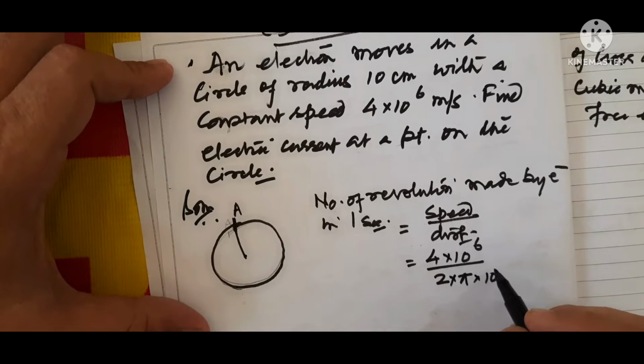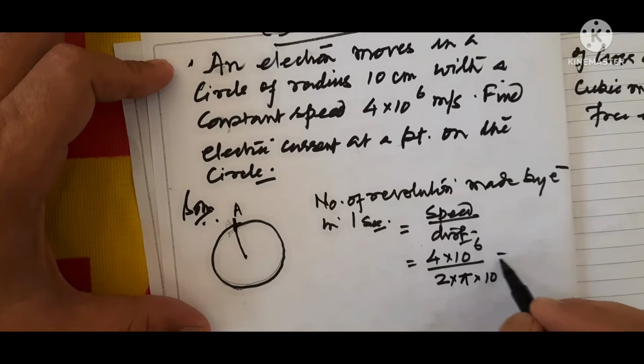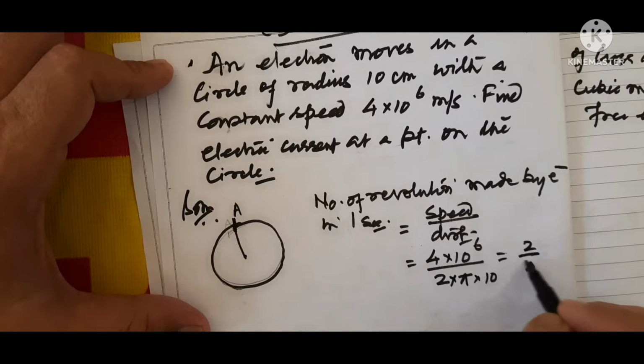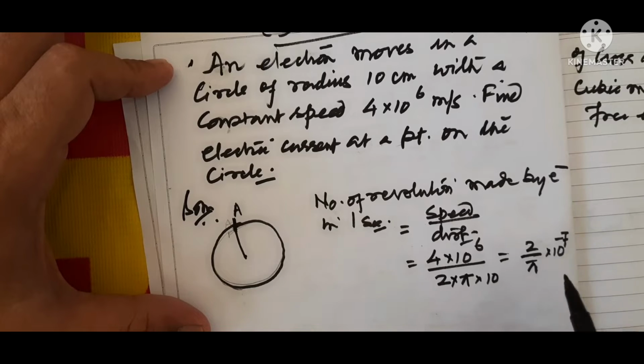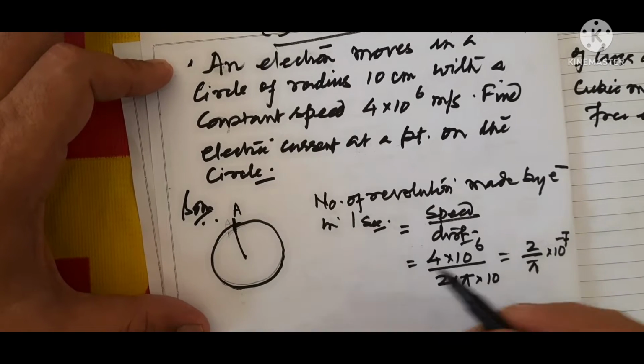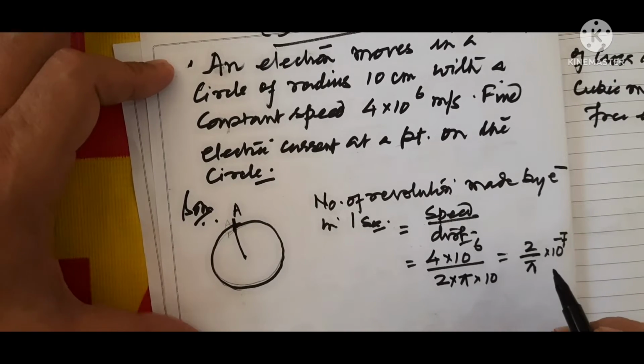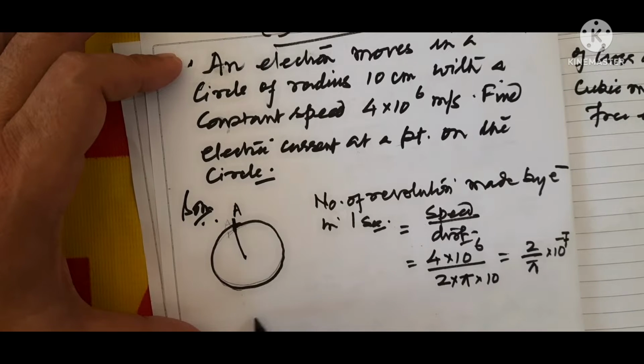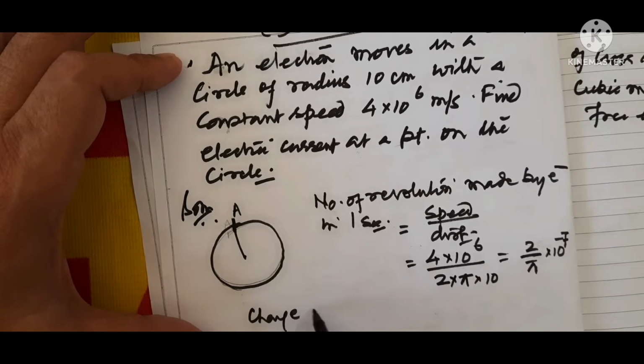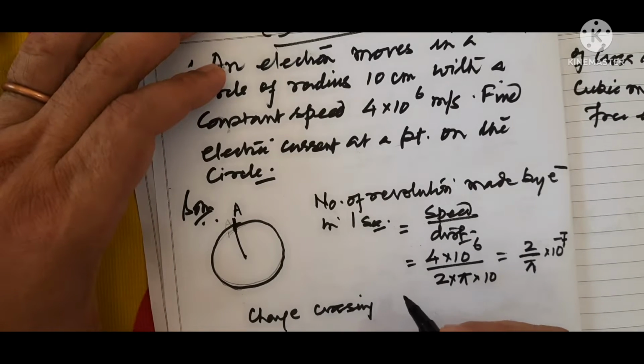Here it is in centimeter, so convert it into meter. So ultimately we will get 2 by pi into 10 to the power minus 7, right? So this much is the number of revolutions made by the electron in 1 second. So the charge crossing, charge means electronic charge crossing point A per second